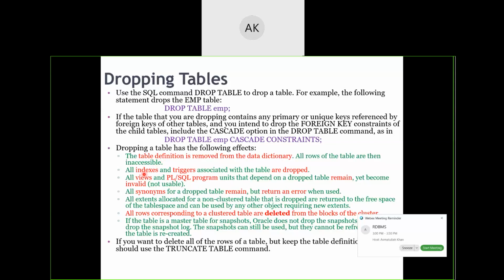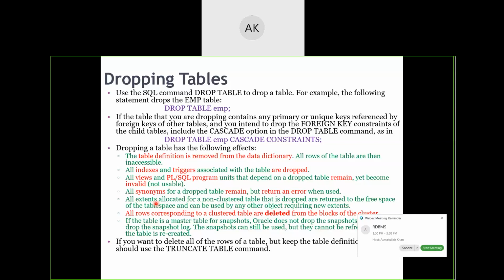If any indexes or triggers were associated with the table, those two will also get dropped. Similarly, if any views were created on that table and any procedures or functions were using that table, then those views and procedures will remain as they are, but will not be able to be used. They will not be valid.